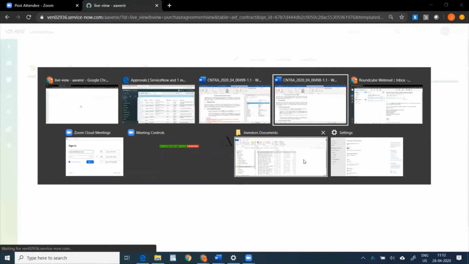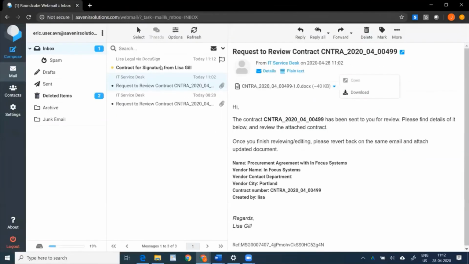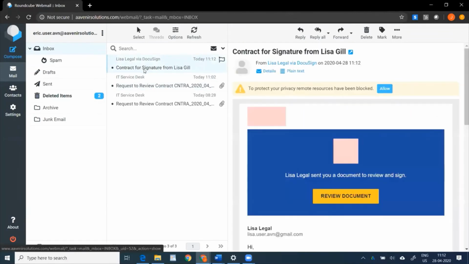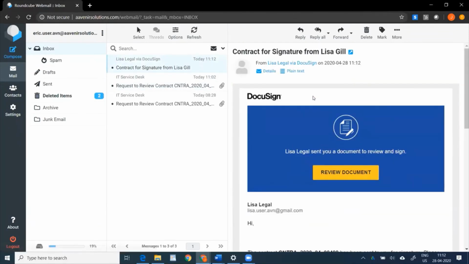So I'm going to go back to Eric's email. This is Eric's email. So Eric has just received this email to say, please sign this document. This is through DocuSign. This happens outside of our system, but with our integration with DocuSign.